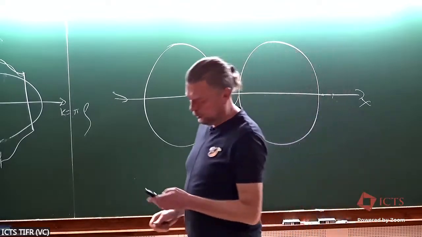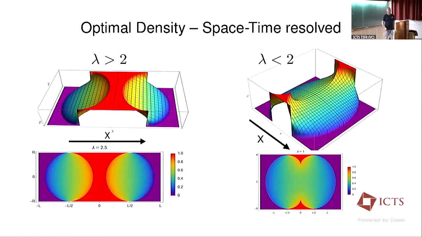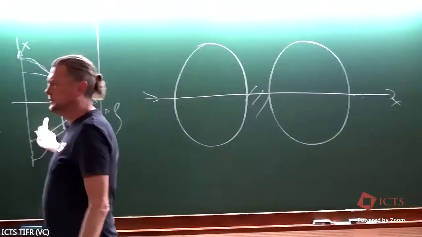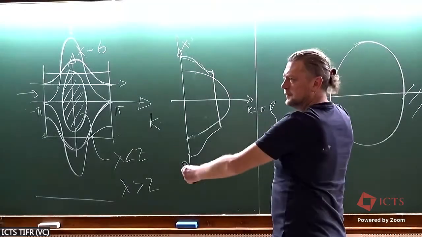Essentially, I can just borrow this function from the Coulomb gas problem, substitute it into my ballistic solution of the hydrodynamic equation, and solve it. Now it's more complicated. I need to use Mathematica for that. This is essentially the Wigner function of the fermions, and this is the density if I just integrate it in this direction. So I'm plotting density as a function of x, but in a very unusual way, vertically. I trust you can mentally rotate this picture.